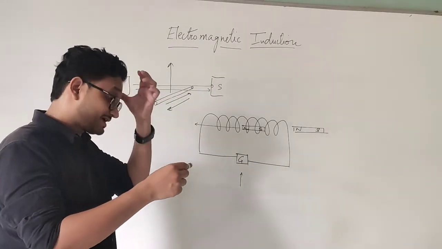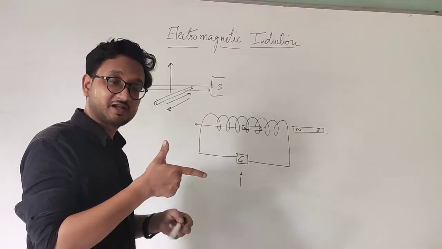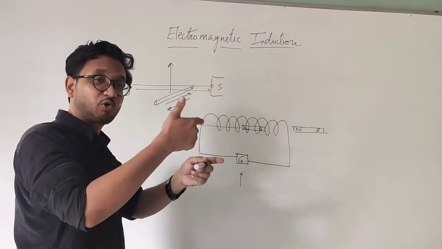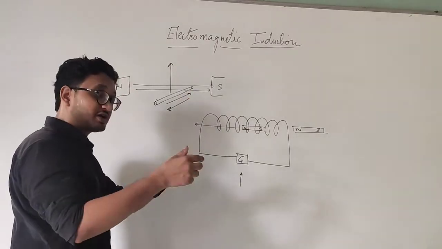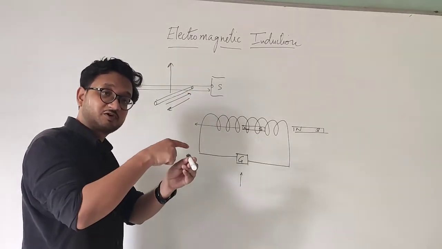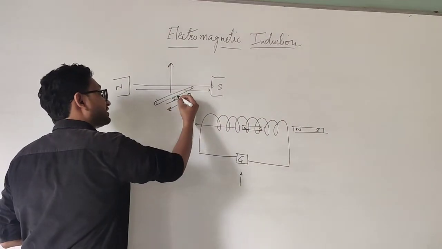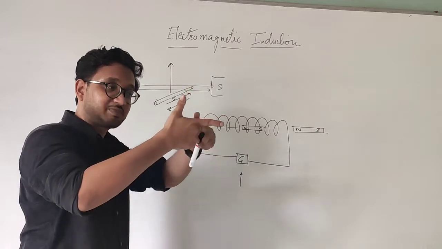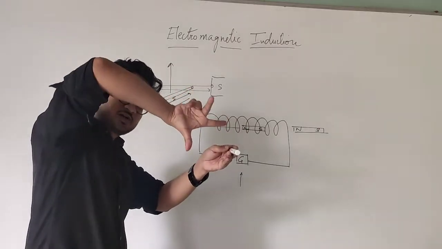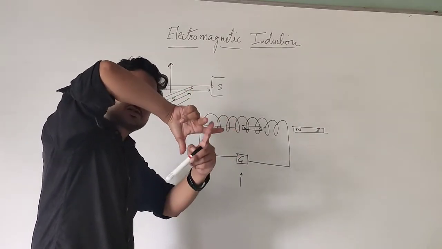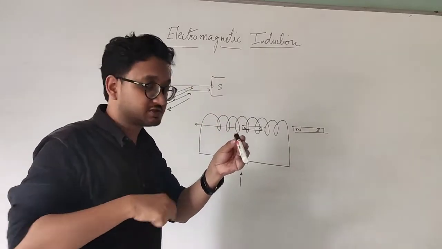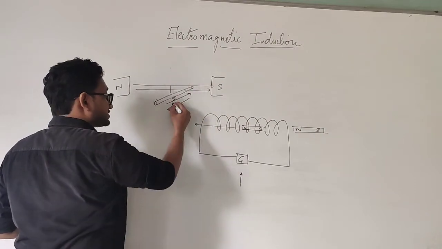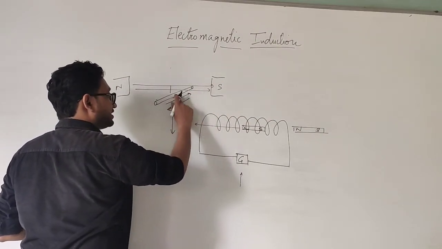So I keep the conductor like this, magnetic field going in that direction, thumb going in the upward direction. My second finger is pointing in this direction, which means the current will be generated from back to the front. So the current will be moving like this. Now suppose I am moving it downwards. The magnetic field is still this way, and the motion is downward like this. That means the second finger is showing the movement from front to back.